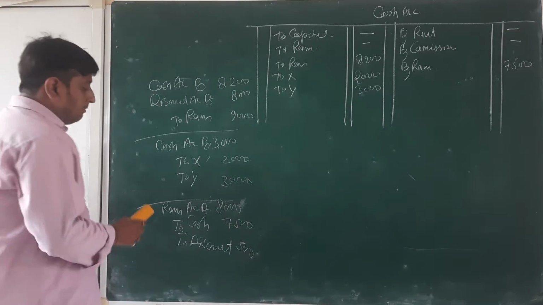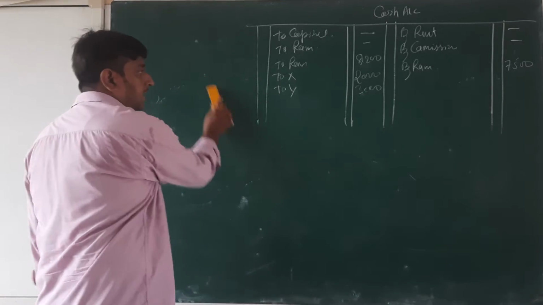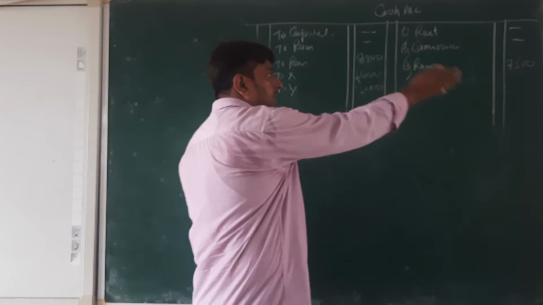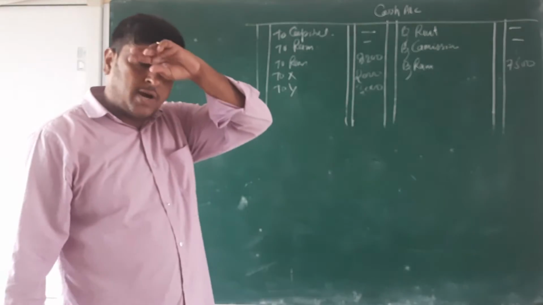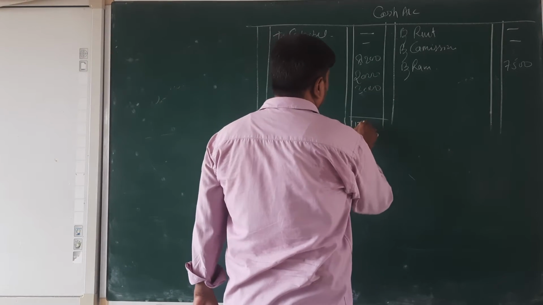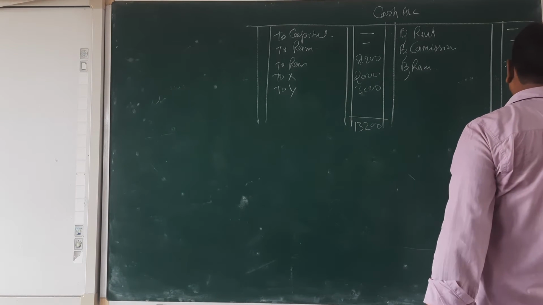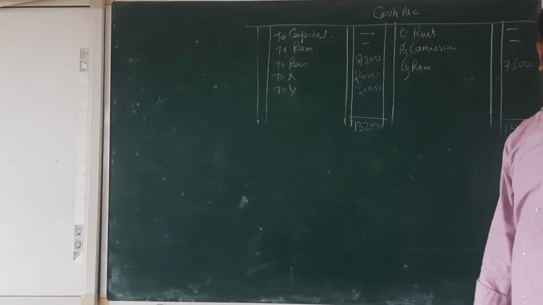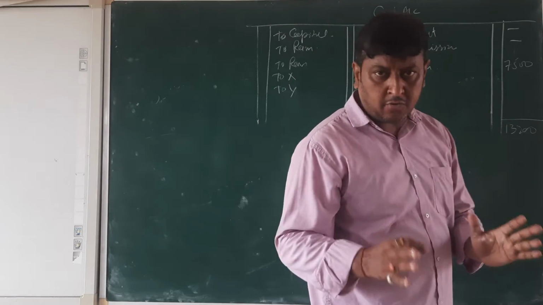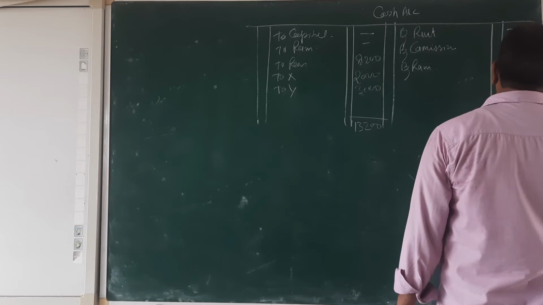Clear or not? Now I am going to do balancing. Okay, beta? How are we going to balance this account? Just see both sides. Whichever side is more, we take the total of that side. This side is more, beta, 13,200. Just put this amount on this side also, 13,200. Okay. This is the method of balancing. Just take the amount of that side, which is more, take the second side, and we take the difference. Okay, beta?